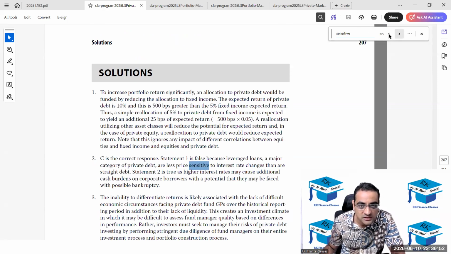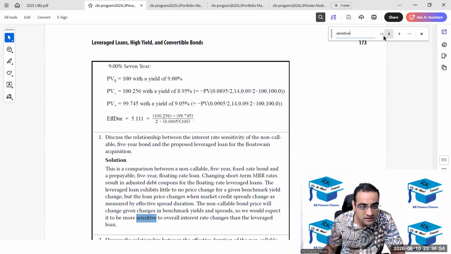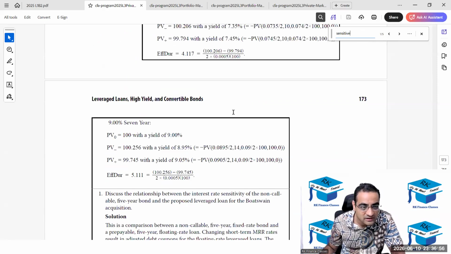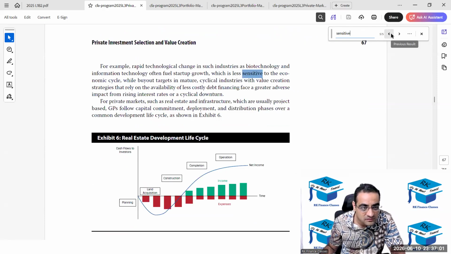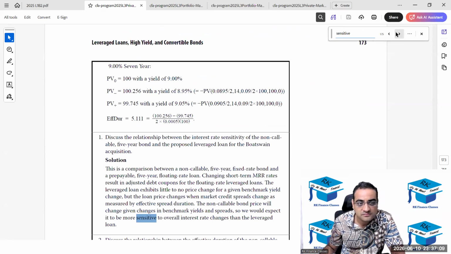No, so there's no logic mentioned over here that why the private debts are less sensitive. नहीं।